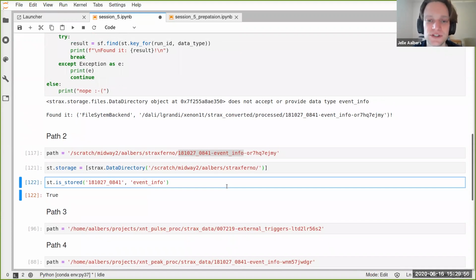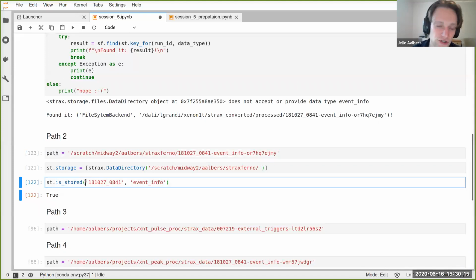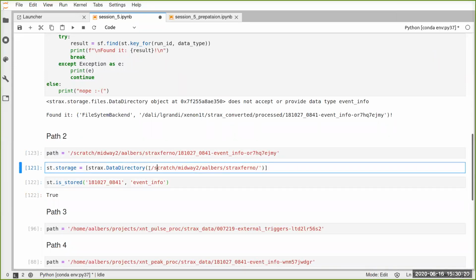So how did you know this would work? This will overwrite the previous path then. You said it would override the previous path? Yeah, the path 1 that we had before. Well, in this cell, I overrode the variable path, but there's no data directory when you add it. I think Aaron's point is that we're getting rid of all of the previously established directories that it looks at. Yes, that is correct.